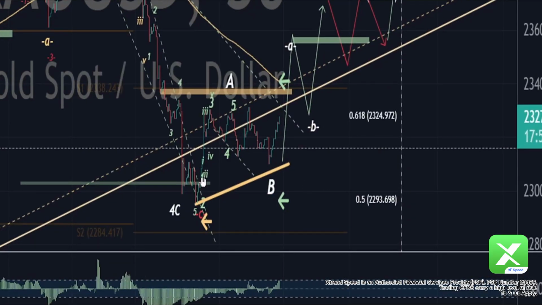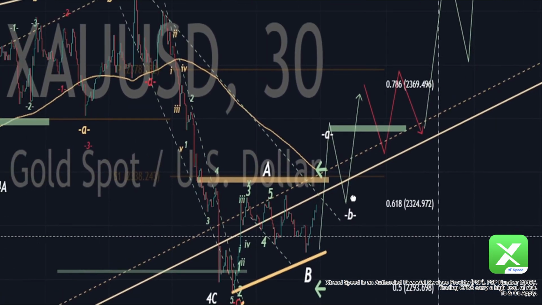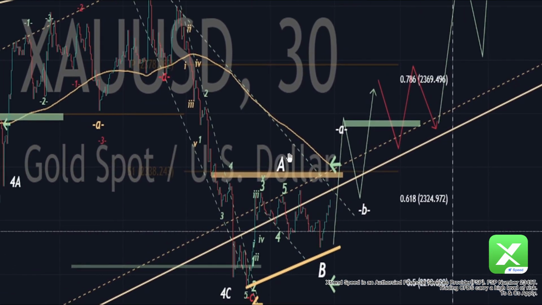And we had already labeled the 1 and the 2, a 3, 4, and a 5. There was a correction too. So we have a leg 1, we have a leg 2, and we're expecting to break out to the upside. This is not really going to be the case now, we're quite sure. So we're doing an A and a B, right? And we're still doing a 5 swing C, and that A and a B is not even finished.